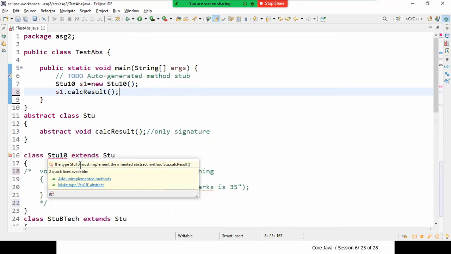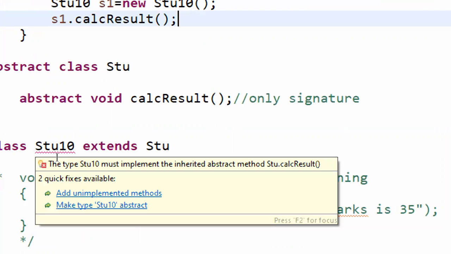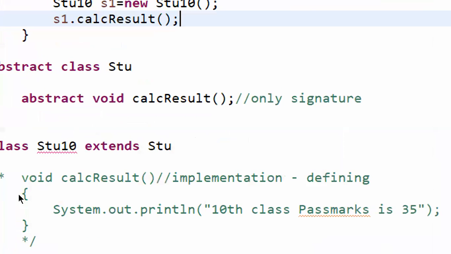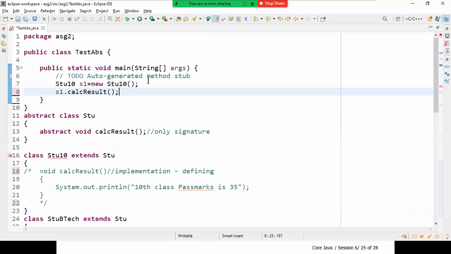You see that. As soon as you define it here, it says that Stu10 must implement the inherited abstract method Stu.calcResult. So as soon as you make it a comment line over here, it says you cannot create the class without the implementation of the abstract method. Now let us see what happens when we run the program.